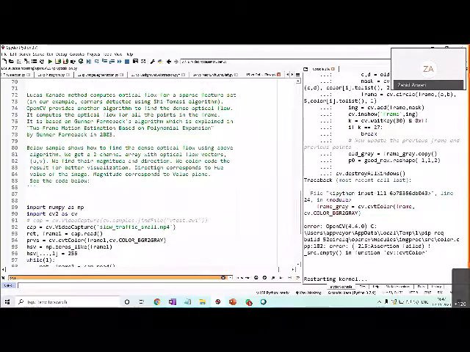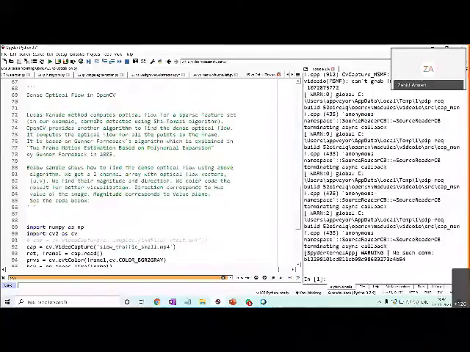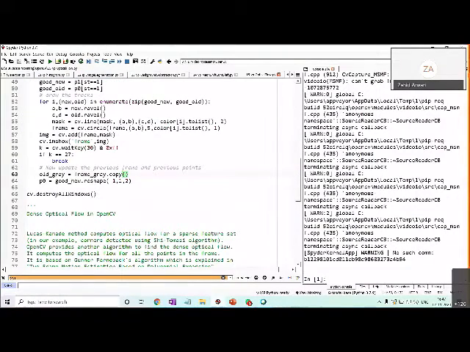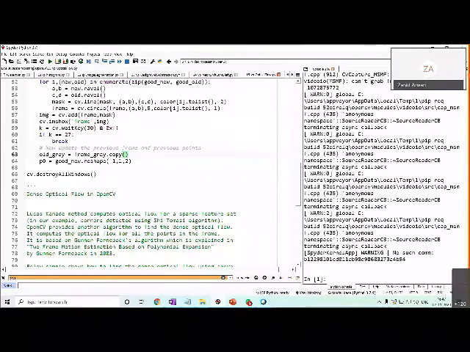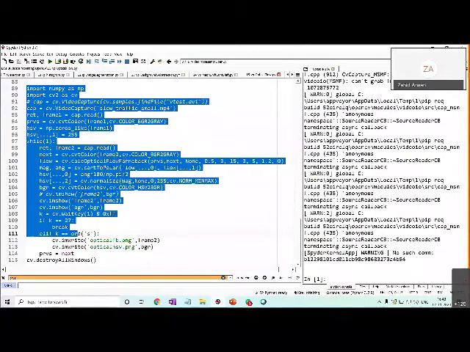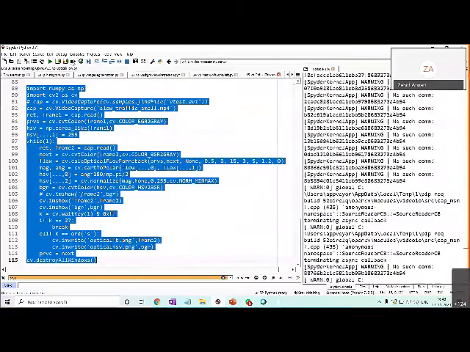Okay. Now the next algorithm is again an optical flow algorithm, but this is called the dense optical flow algorithm. In the earlier optical flow algorithm, we were capturing certain points and tracking only those points. But here, almost all the points are being tracked, and based on the intensity we are tracking them. The output to me is not coming very clear, but at least it is tracking the things that I'm able to see. So how does this dense optical flow tracking work? That I will demonstrate to you.